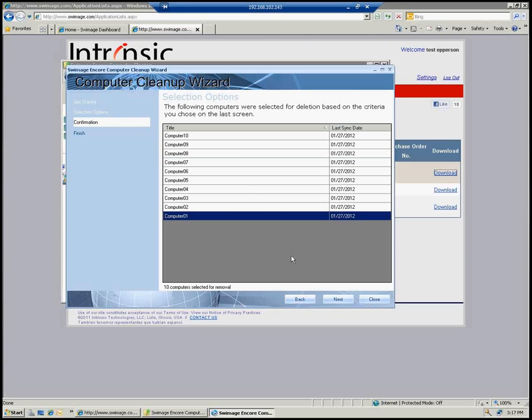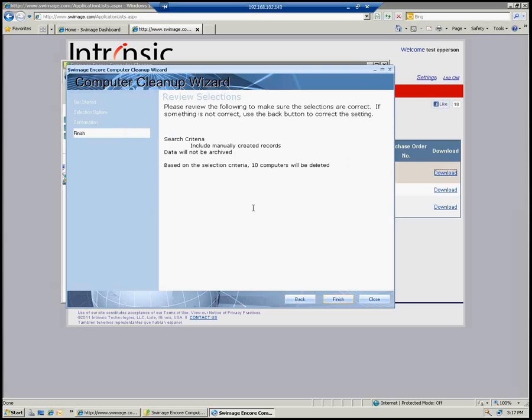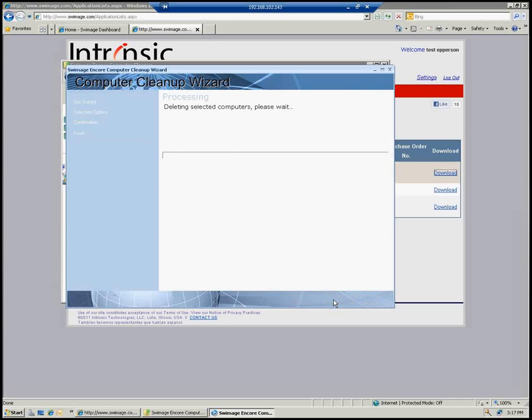We're hoping to add that functionality to future versions of this client tool, but for now this is the only option that we have. So we recommend that anytime you use this tool, that you run an SCCM sync or synchronize your records again with Encore to make sure that all of the computer records for any computer that you have active in your environment is currently in Encore. So it'll indicate please review the following to make sure the selections are correct. Then we hit finish,